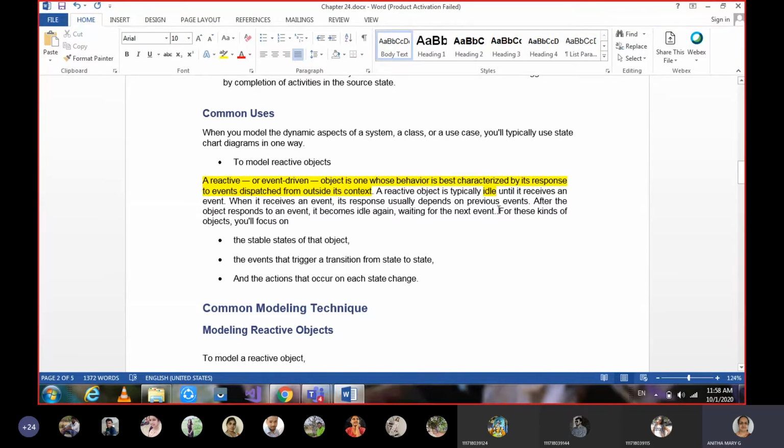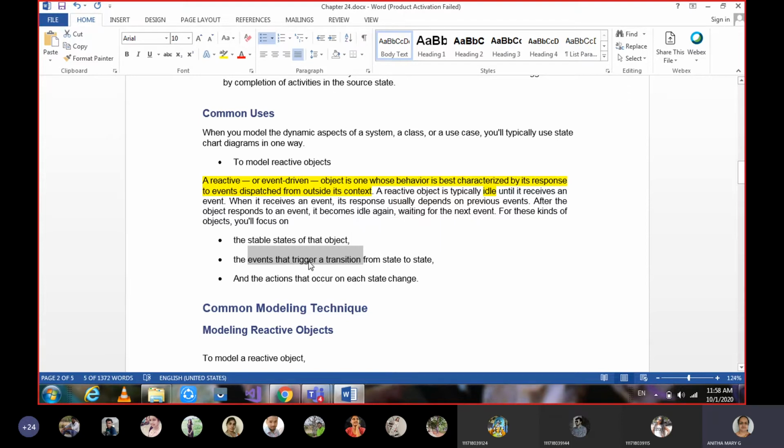Okay, so when we are talking about reactive objects, these are the 3 points we have to remember or emphasize. First, these are the stable states of the object, the idle state we can say, and what event you are going to perform on that state. Triggering means action.